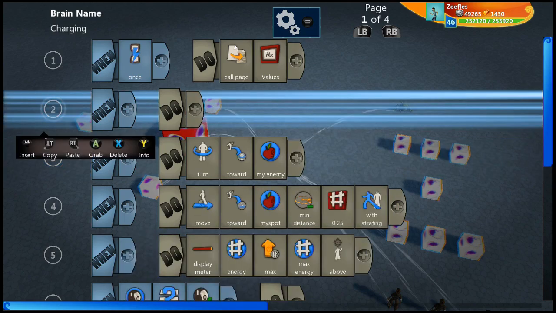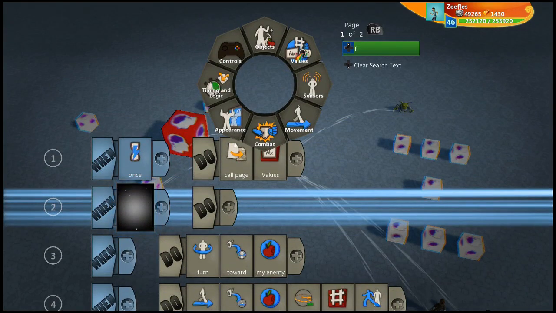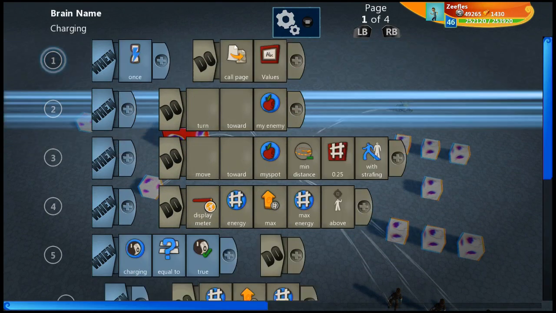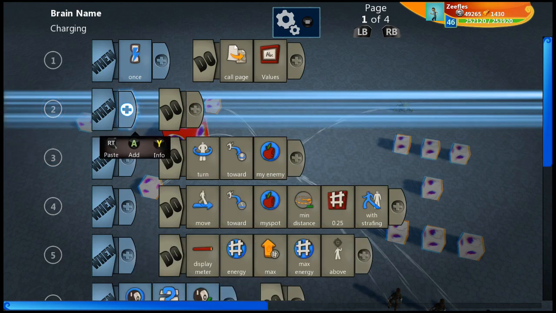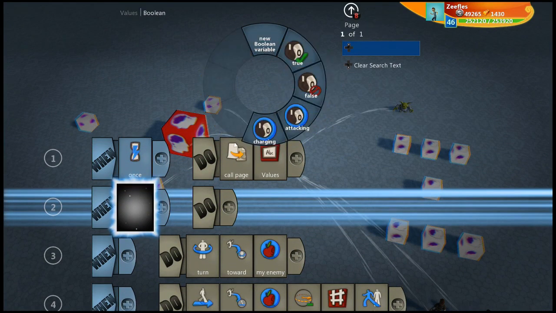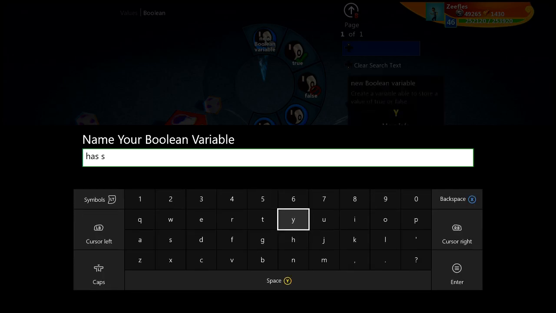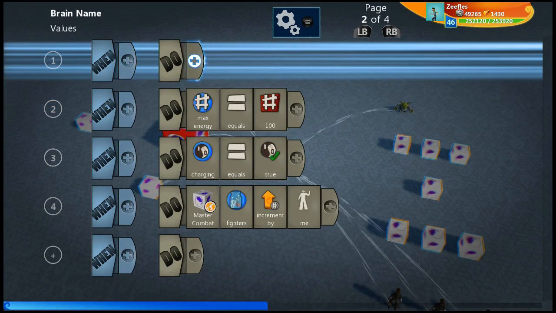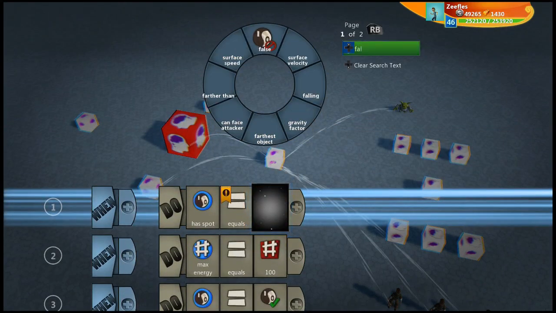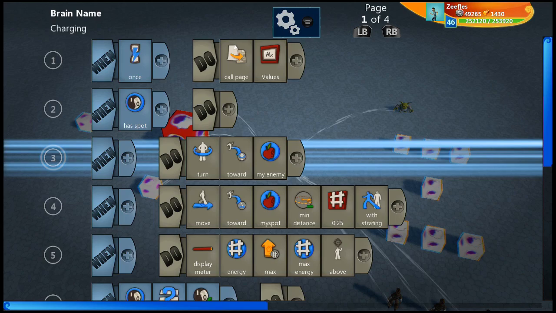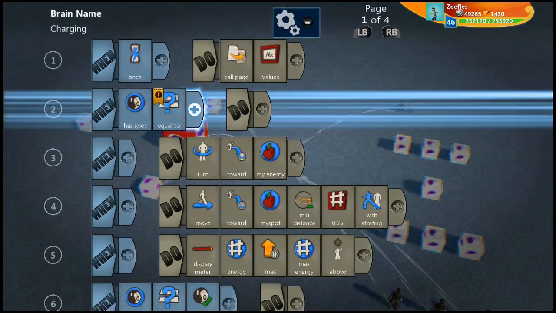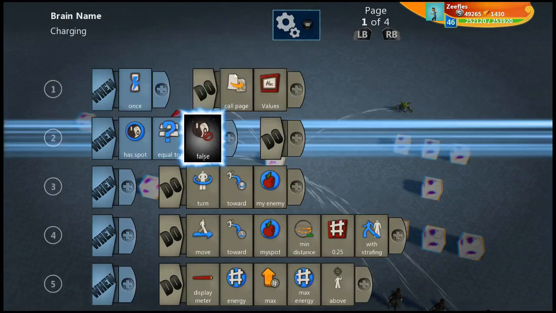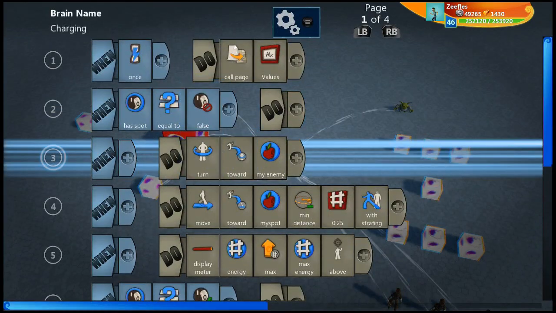Constantly. We want this to be running constantly. For each of... I don't know, do we? Let's create a boolean called has spot. Has spot equals false. Because we don't want this for each of loop to run constantly. I want to write a for each of loop, but I only want it to run one time. So when has spot equals false, for each of